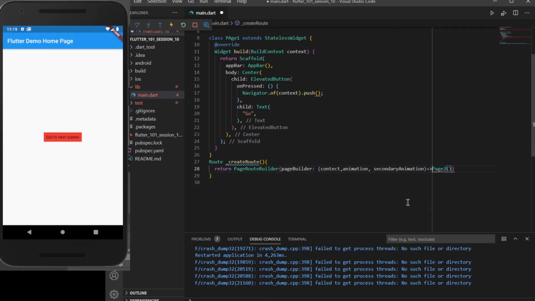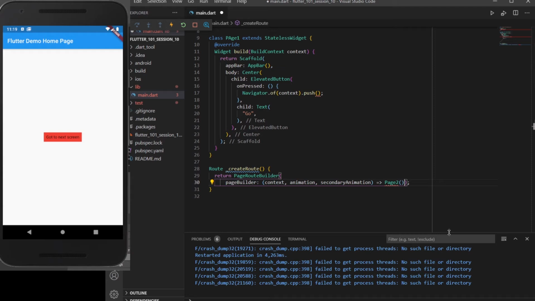In place of context, I need to pass context here, with a semicolon at the end, and inside this we will add a transitionsBuilder.